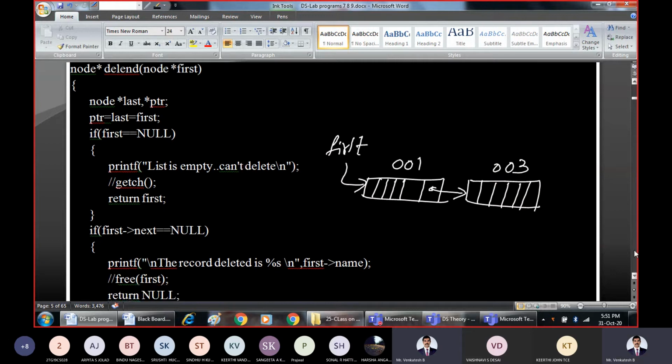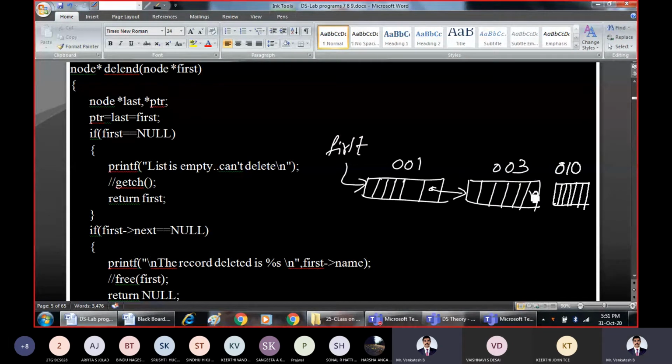You should be able to reach the last node, but once you reach the last node, you will not be able to delete that node. That means you should go to the last but one node. Just for explaining this scenario, as only 2 nodes may not be sufficient for explaining, just for explanation purpose, don't get confused, I'll add one more node here so that I want to delete this node.